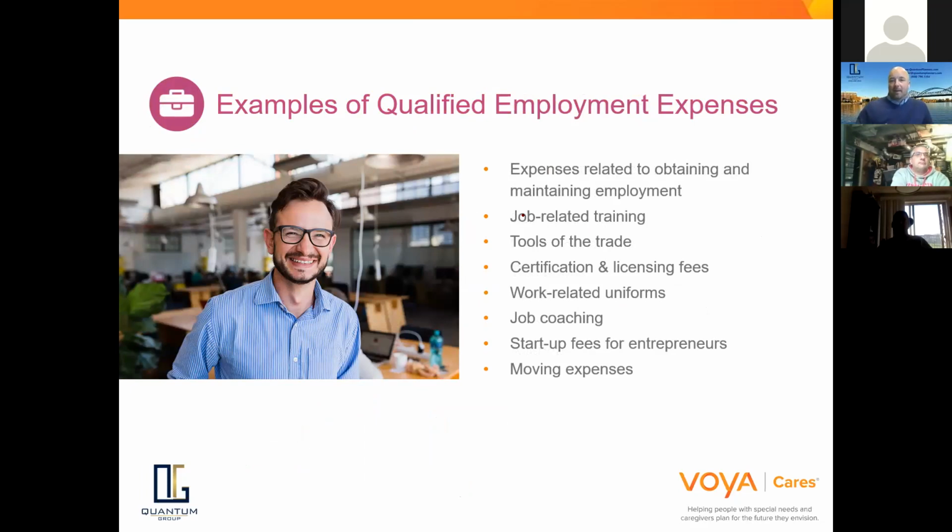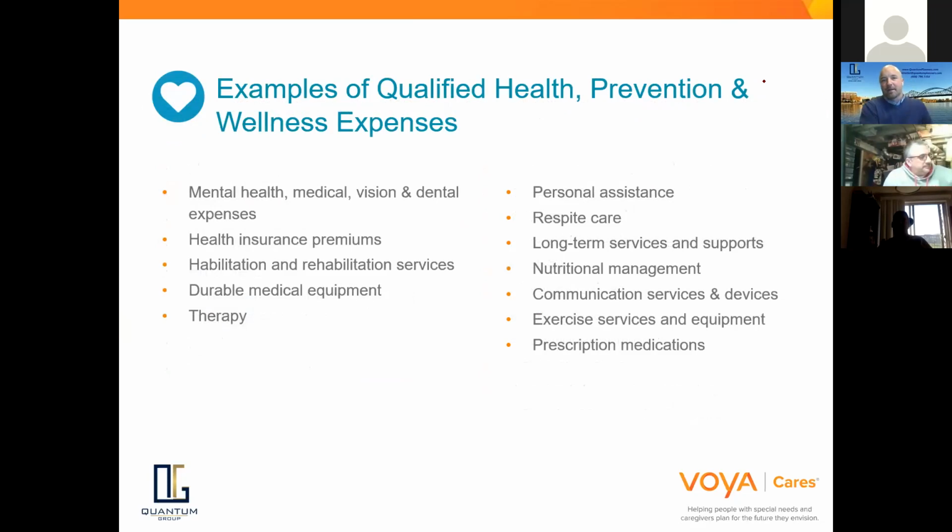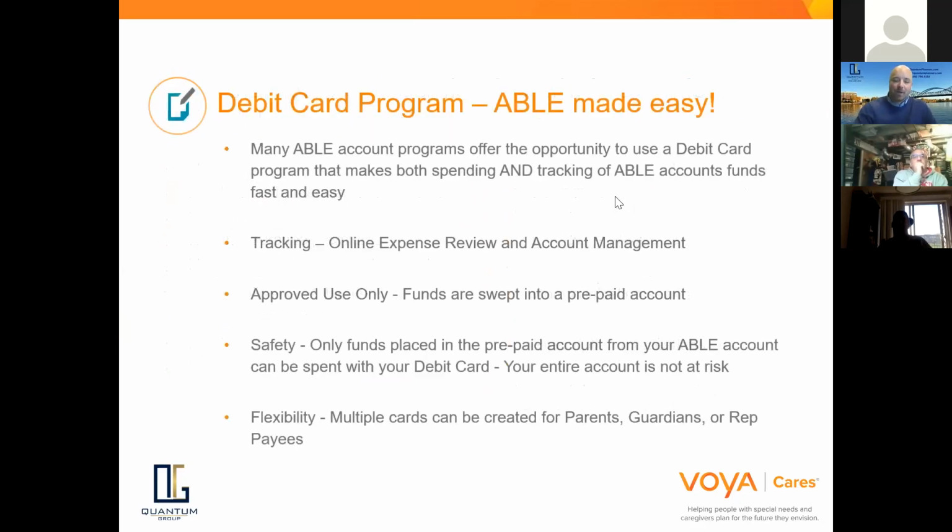And then also realizing what's available to me without the ABLE account, and what can I use the ABLE account for in addition to that? So these things are all there. Some of these things may be provided for you based on your benefits, some may not. I've got four different slides of the different things that you can have, as examples that you could spend ABLE account funds on.